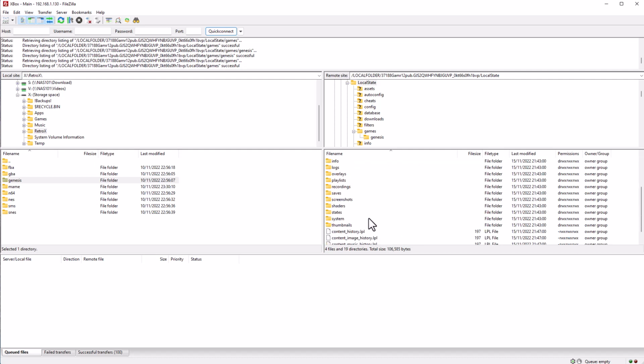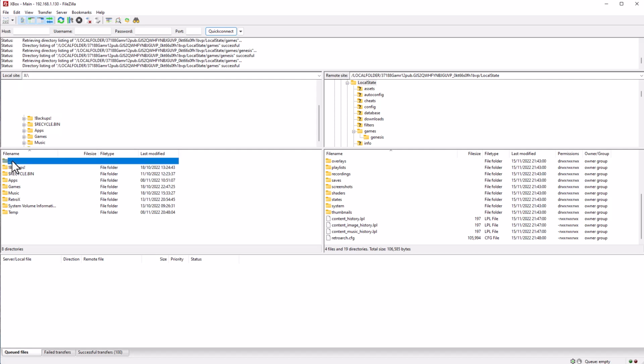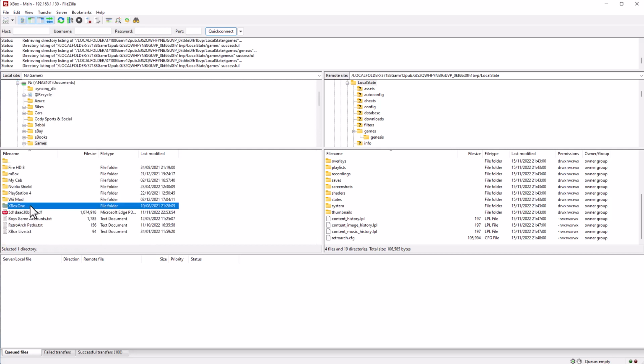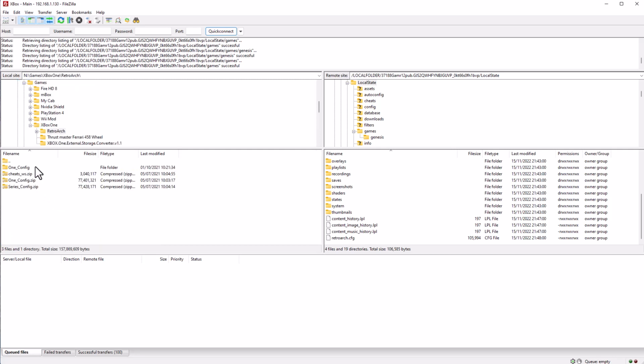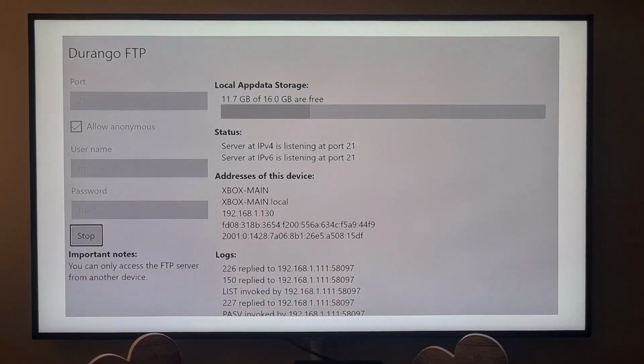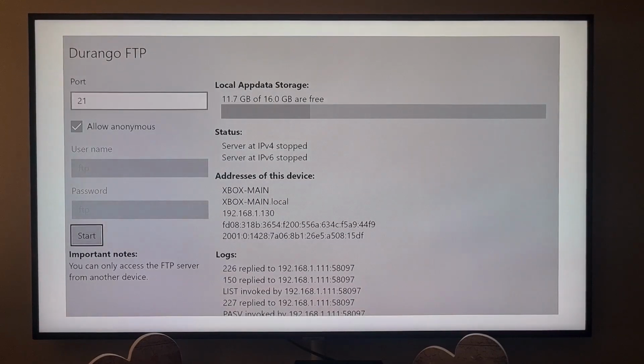FTP is what you'd use if you then take it a step further and start putting some artwork in, some box art, that kind of stuff, which I will do, as I said, in another video. But for now, one thing I just wanted to quickly do is copy across a background picture. I think it looks quite neat. And it's an Xbox theme picture as well, so yeah, it looks pretty cool. So that's it for FTP. We've transferred some games over and just copied an image file across to use as a backdrop. So now I can go back to the Xbox, stop FTP,